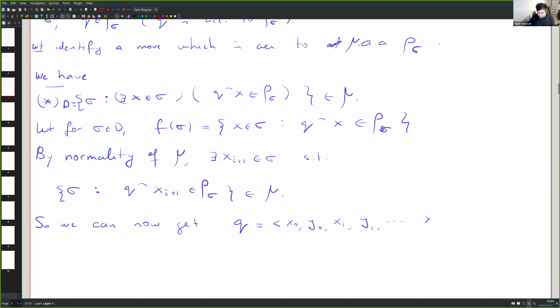I mean, you have to think a little bit, right? Why? Because tau is also a strategy. Okay, so we can get an infinite sequence such that